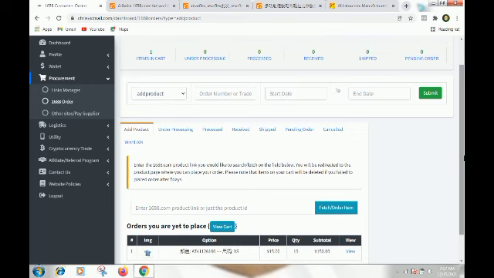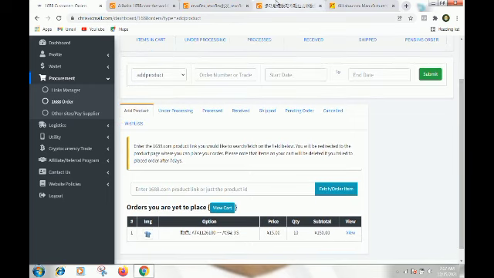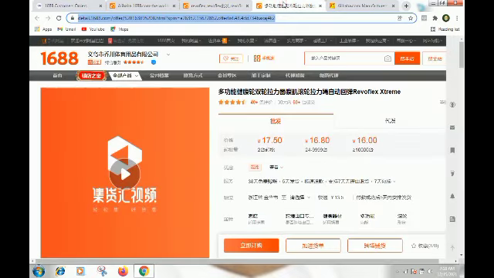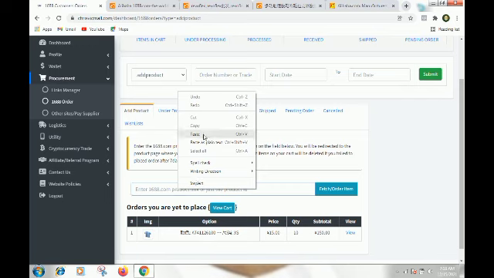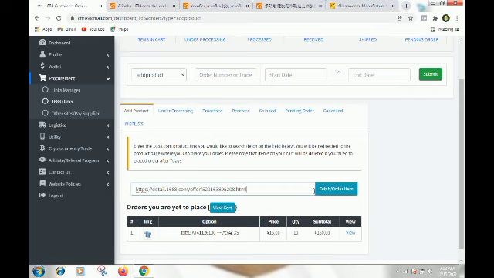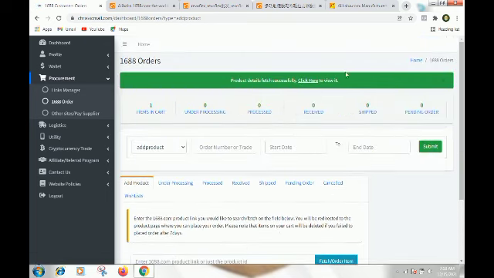So how you do that is, the link you copied from the item, when you open the item, you copy this link above. What you do is you paste it here. You see here they say enter 1688.com product link. You paste the link here, then you click fetch. So you have successfully fetched the